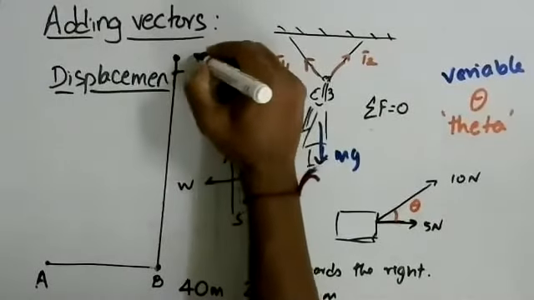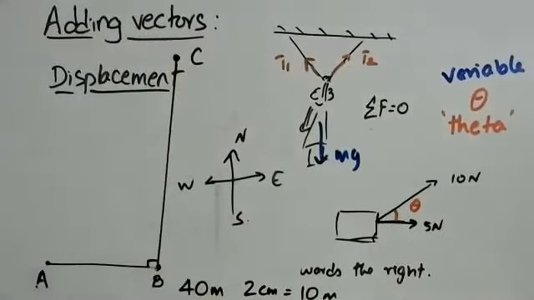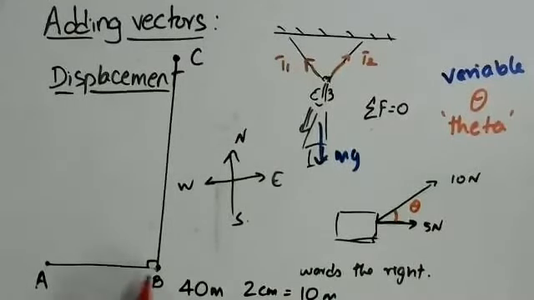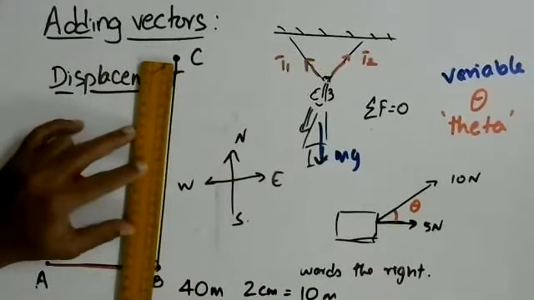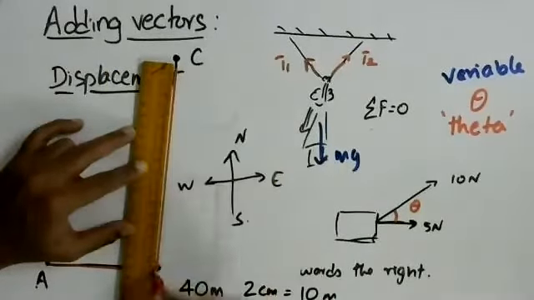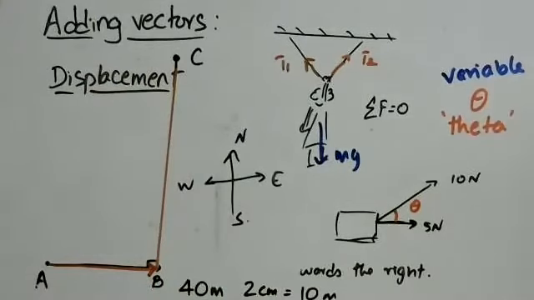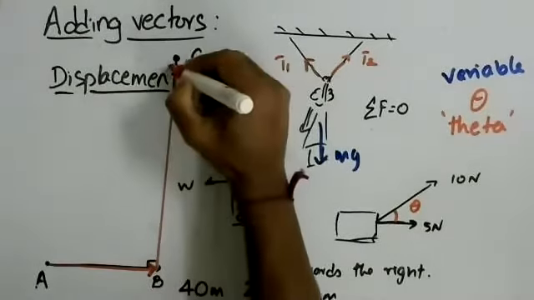Okay, so that will be point C approximately, assuming this angle is 90 degrees. Now you can say that both these displacements that have taken place, from A to B, that's one vector. This whole thing is one vector. And then the displacement from B to C is also a vector, because the length represents the magnitude and the arrow represents the direction.